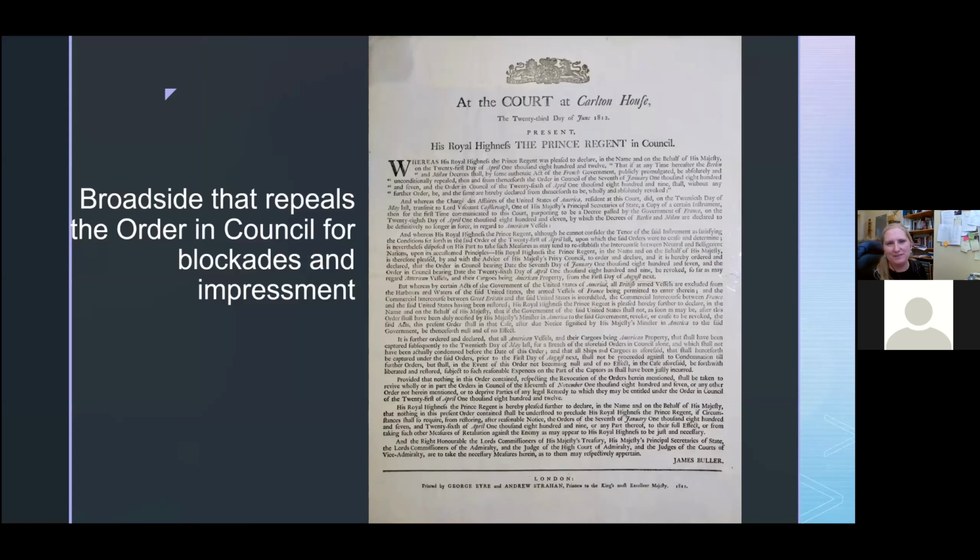So I wouldn't be true to myself if I didn't include archival items. Unfortunately, archival items never show well. They're better, obviously, for research purposes, but we have a really great archival collection, so I'm going to have to feature a few of them. I tried to break it up a little bit so you guys didn't get too bored. But this piece is really fascinating because it's a broadside that repeals the British Order in Council,